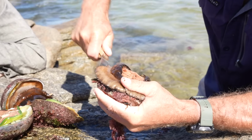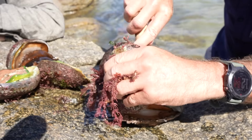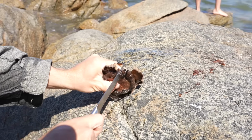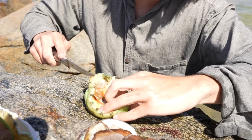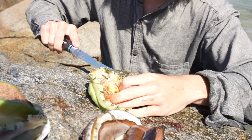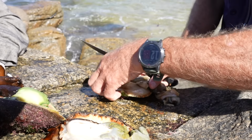Tough. And that's it. And how much would all of these be worth if you bought them in the shop? Well, to buy them in a shop, divers will get, you know, around about 160 bucks a kilo for the greens. Really? Yeah, and around about 140 for the black. So what we just do here, we just trim that off, and then we just